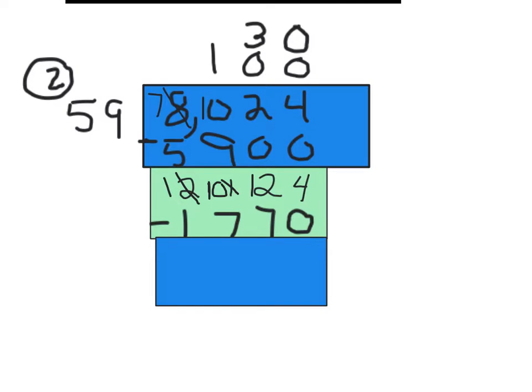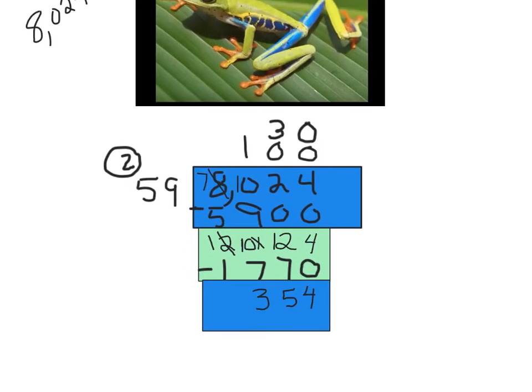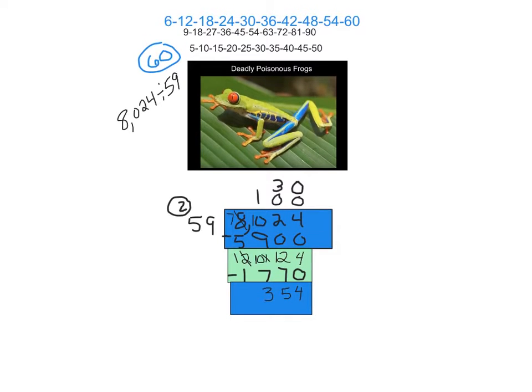4 minus 0 is going to give me 4. And then 12 minus 7 is going to give me 5. And then 10 minus 7 is going to give me 3. And 1 minus 1 is 0, so I don't have to do anything with that. And I am good to rock and roll. So let's go ahead and shrink this again. And now I'm looking at the